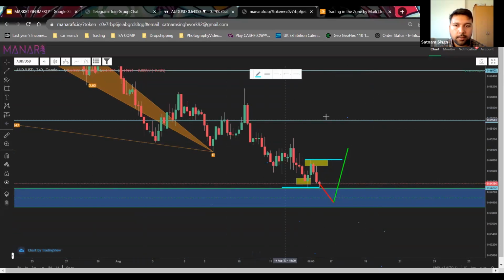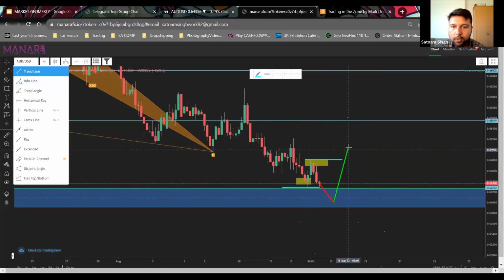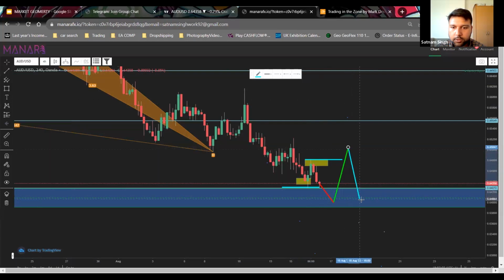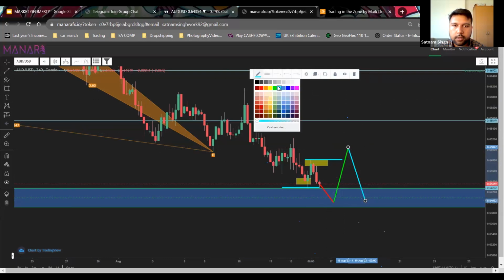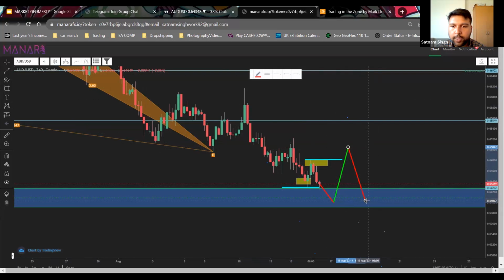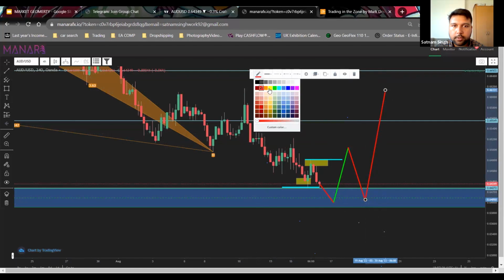What we're then doing is we're looking at the break, okay? We're looking at this break here. And what we're going to wait for is price to come back to us at this point, to retrace to that lower low. This is where we enter the market